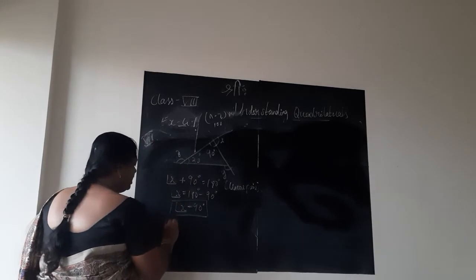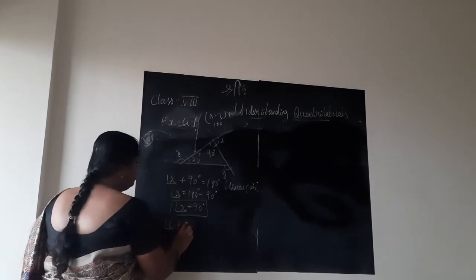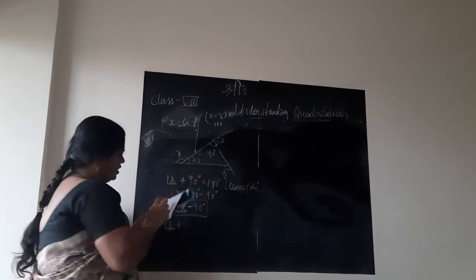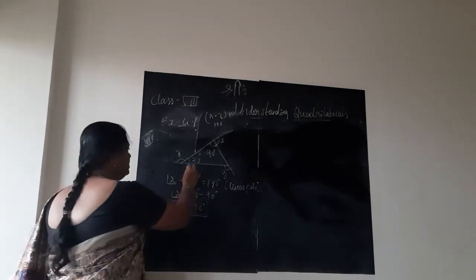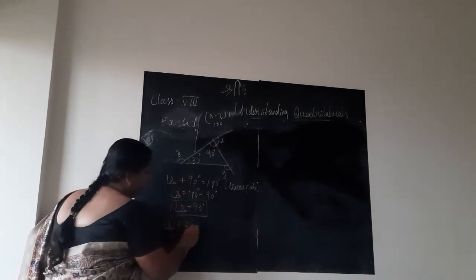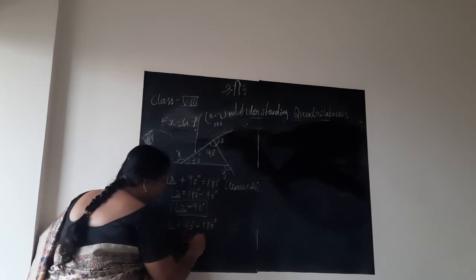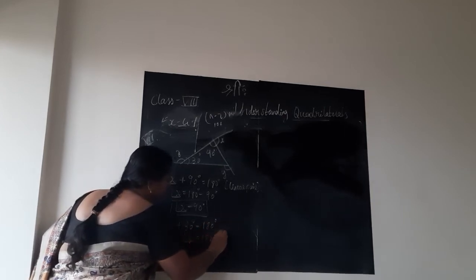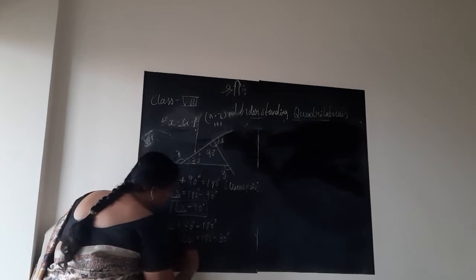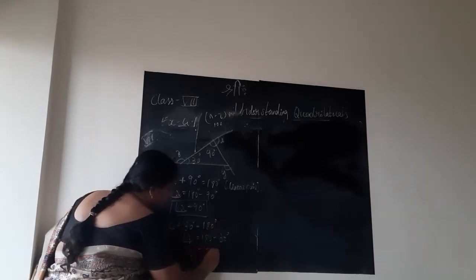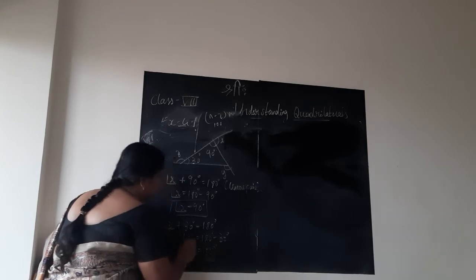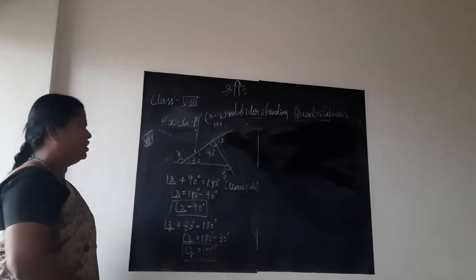Now apply the same concept of linear pair for the angle that is 30 degrees. Yes, this is 30, children. So z plus 30 degrees is equal to 180 degrees. Angle z is 180 degrees minus 30 degrees. 180 minus 30 is clearly 150 degrees. Hence we found what x is and what z is.